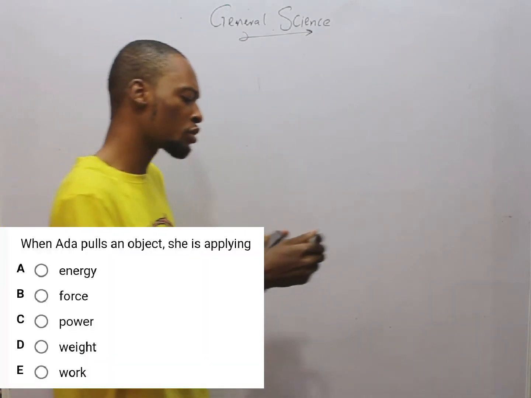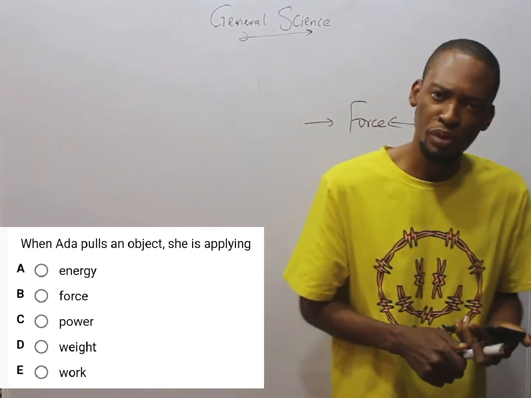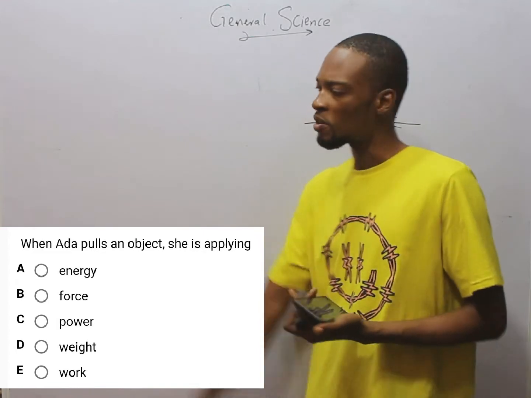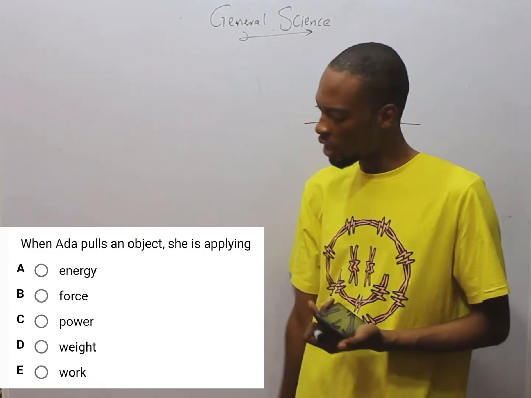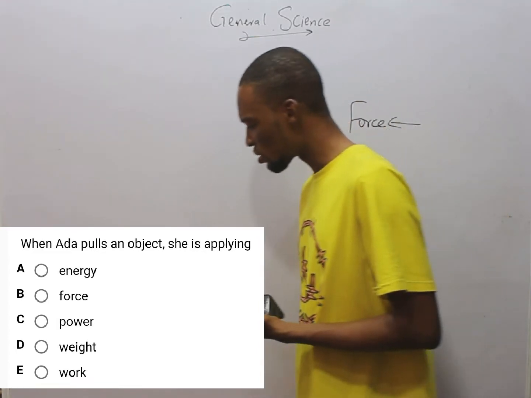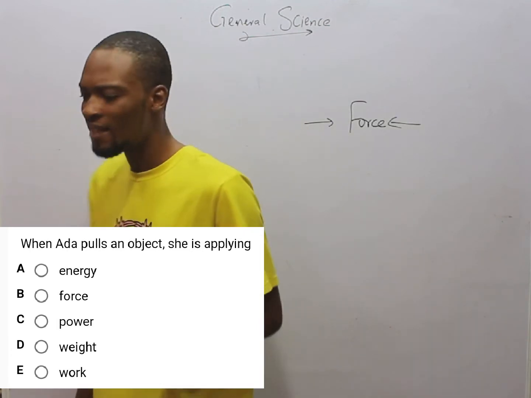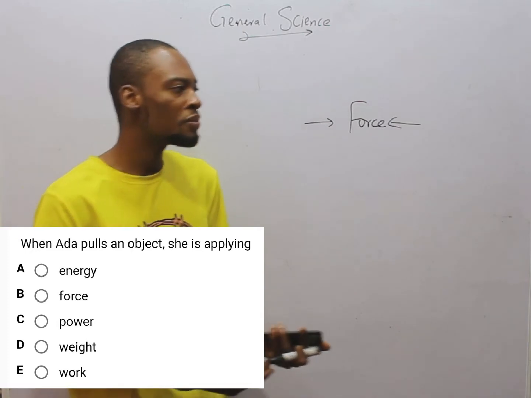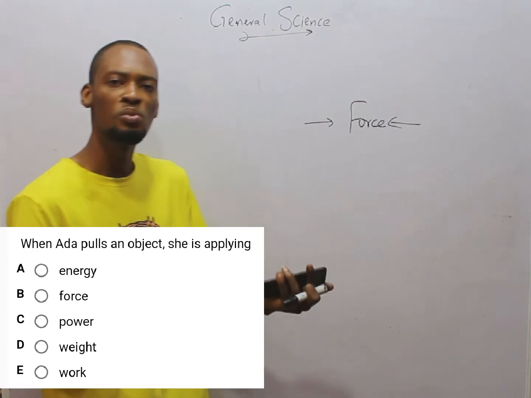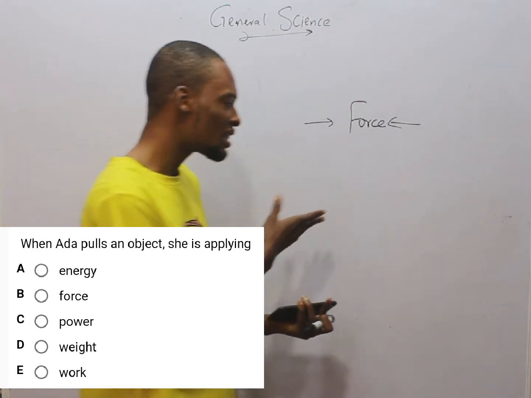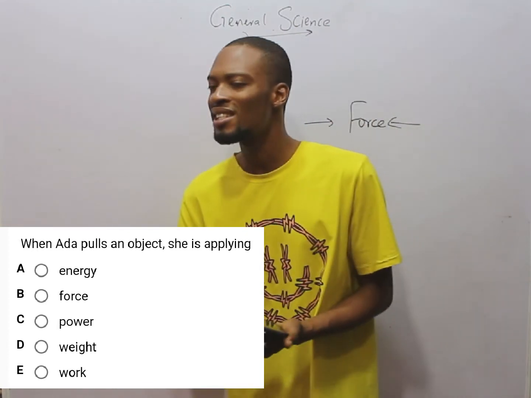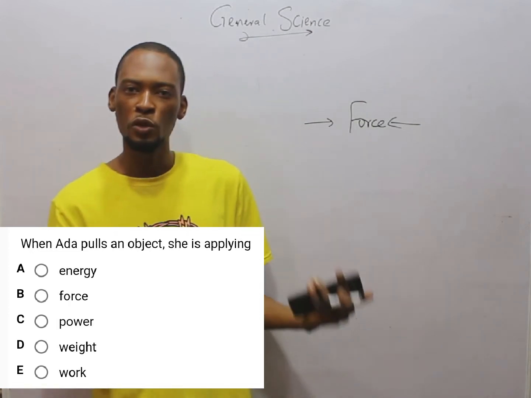She is applying force. Isaac Newton actually proposed the law of gravity, which says that anything that goes up will surely come down, because gravity pulls objects down. He has three laws. The first law states that an object at rest will continue to be at rest, and if the object is already moving, it will continue to move in a uniform straight line unless it is acted upon by a force. So now, force is the agent that causes motion.